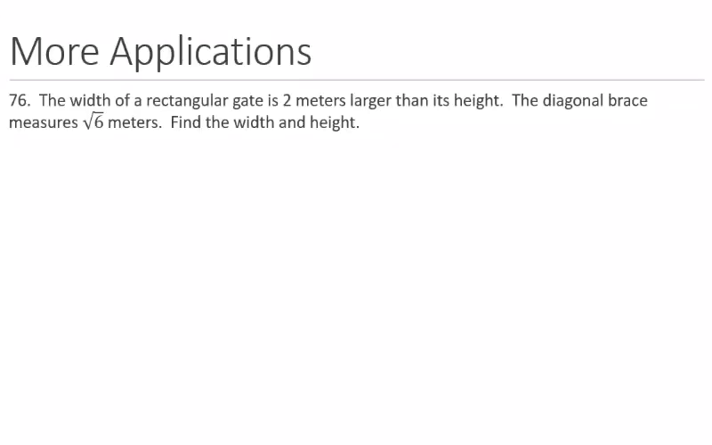All right, so here's another application number 76. It says the width of a rectangular gate is 2 meters larger than its height. The diagonal brace measures root 6 meters. Find the width and the height. All right, so we want to find the width and the height, and